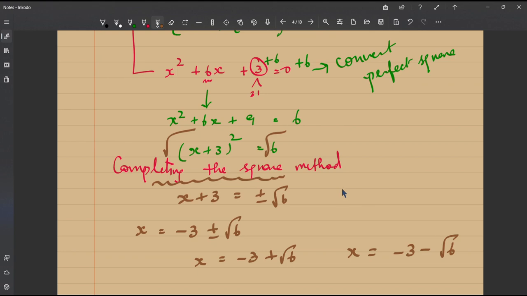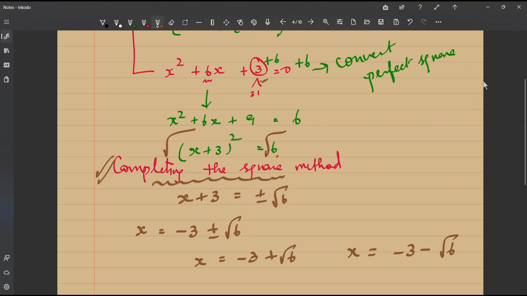This equation could not have been factorized. So this completing the square method is a wonderful method, not just because it's easy, but because it's applicable to all kinds of crazy hard quadratic equations where you can't even factorize the constant term and split the